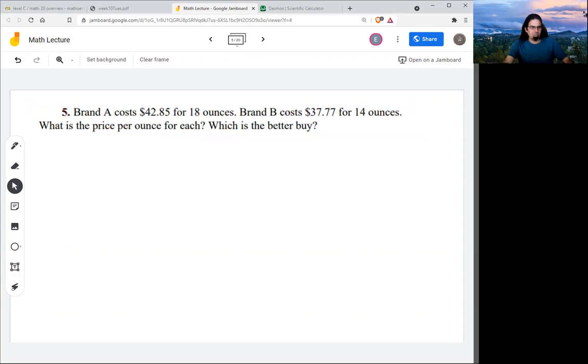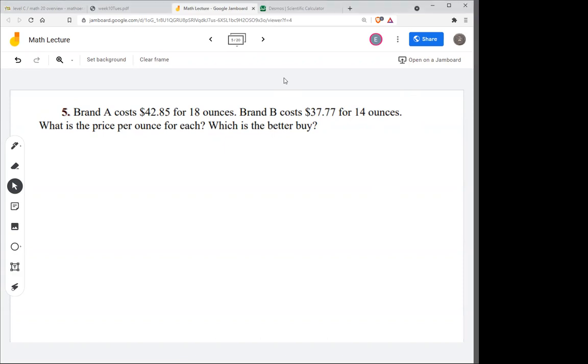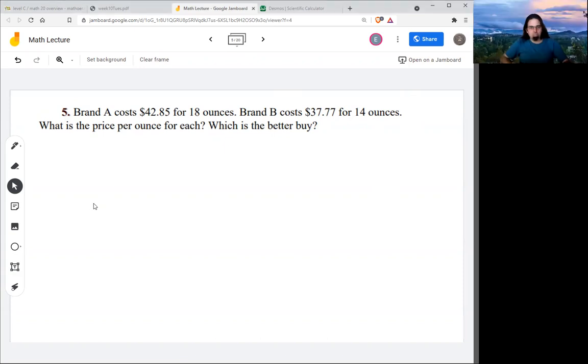Okay, before we start, did you get A or B? I got A. A is right. We talked a while ago that you can do the division either way. I'm going to do it dollars divided by ounces because price per ounce is what most people like best. If you are an ounce per price person, that's also okay. So brand A.